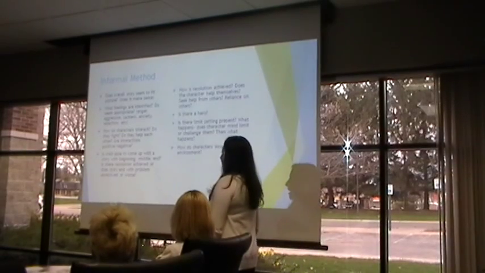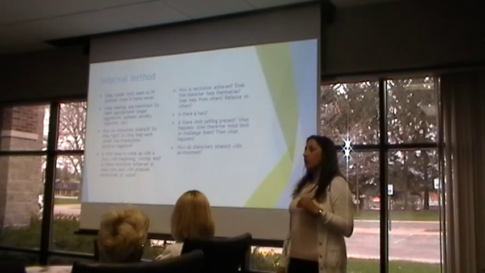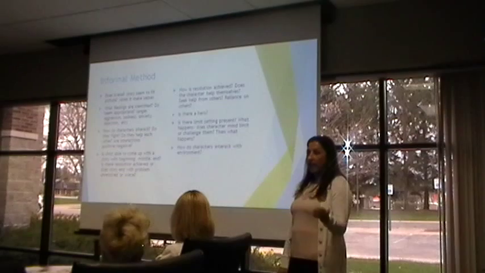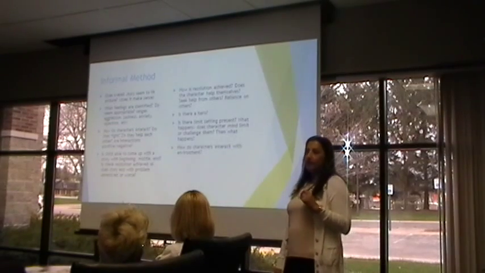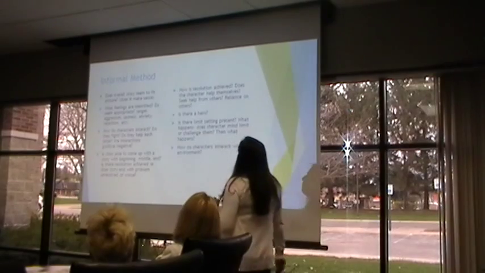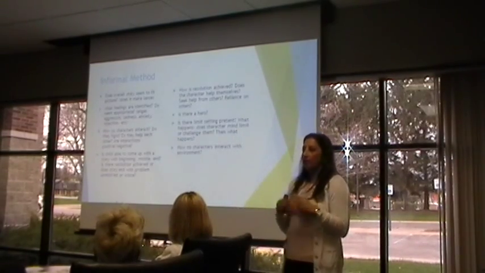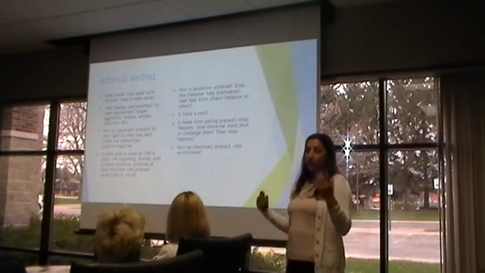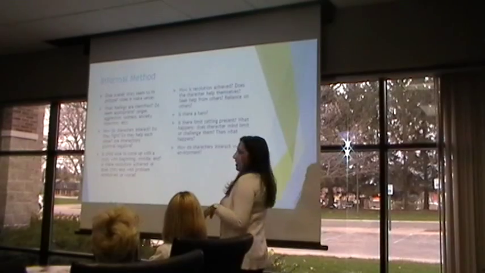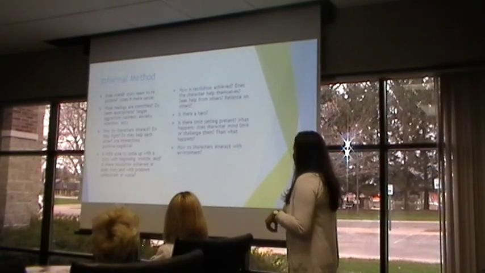I like to pay attention to the end. Is there resolution? Can the child identify resolution in their story, or do things just stay with the issue, or do they end up worse off than they started? How is the resolution achieved? Do the characters help themselves? Is it just one person fending for themselves? Are they relying on someone else? Are they working together? Is there a hero? Who is the hero? What makes them a hero? I'm looking for those kinds of themes.